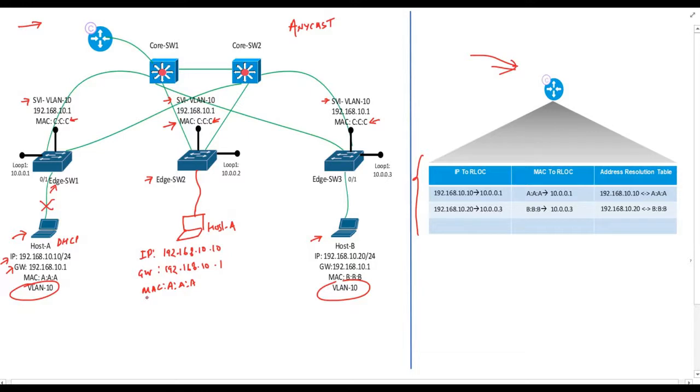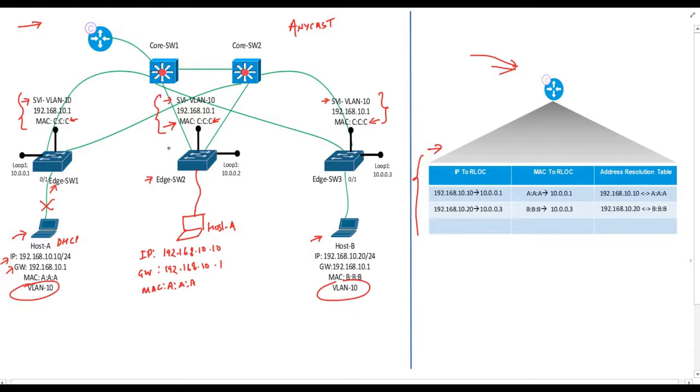To achieve all this, we have configured the SVI with the same IP address and MAC address on all the edge switches, correct? Generally, in a layer 2 environment, such a configuration will give you an error message for duplicate IP address in the same VLAN. But in SDXS, this is the default configuration, which is one of the reasons for seamless mobility. Correct? Now let's see what the various changes are in the database of the control plane node.